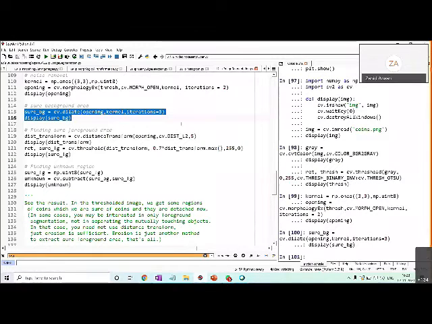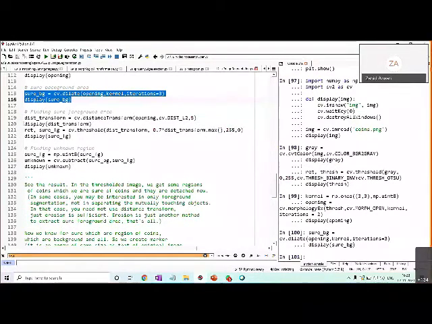Then after that, we want to get the sure foreground. For that, we are doing a distance transformation on the opening output, using the L2 norm distance. After that, we are performing thresholding, and for that, whatever image the distance transform is giving us, we are taking 0.7 of the maximum as the threshold.